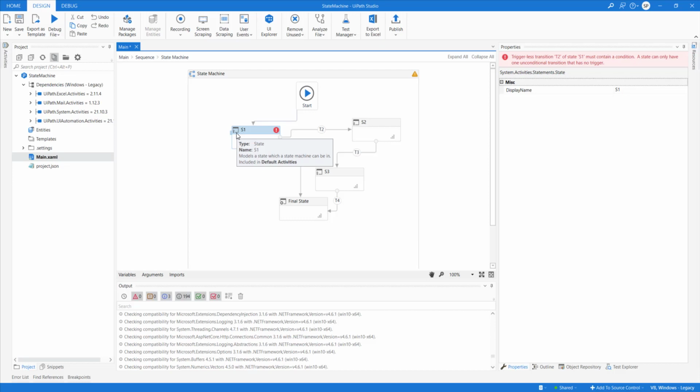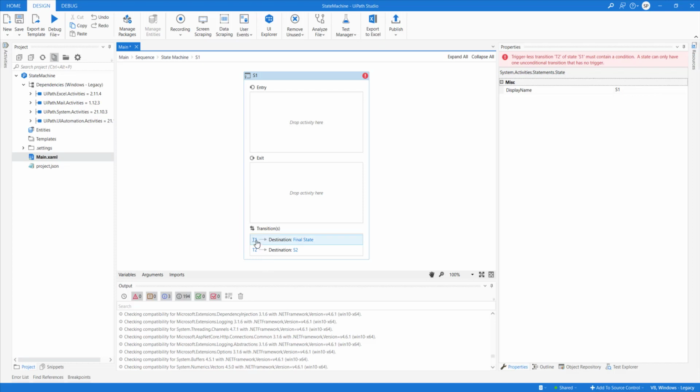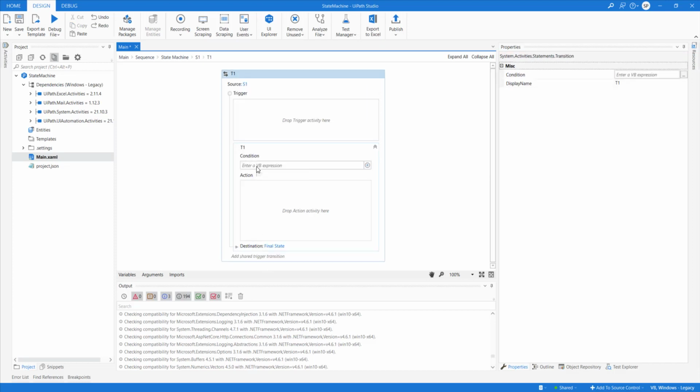So in a transaction, which is T2, you should be able to define: if data table dot rows dot count is greater than 0, move to state 2, or if it is 0, move to final state. Those kinds of things you should be able to configure, by clicking on the transition and defining these conditions.